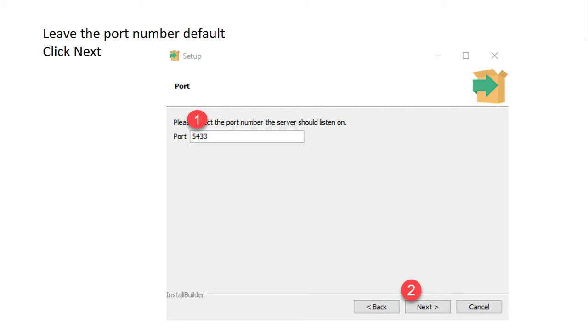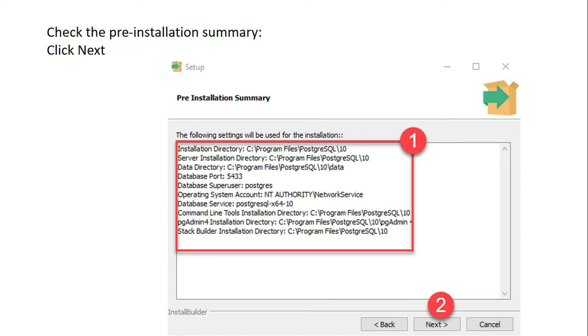Then click Next. Then you'll get a pre-installation summary, and it will list all the details you have already completed. If you're satisfied with this, you can click Next. Otherwise you can go back and change things.